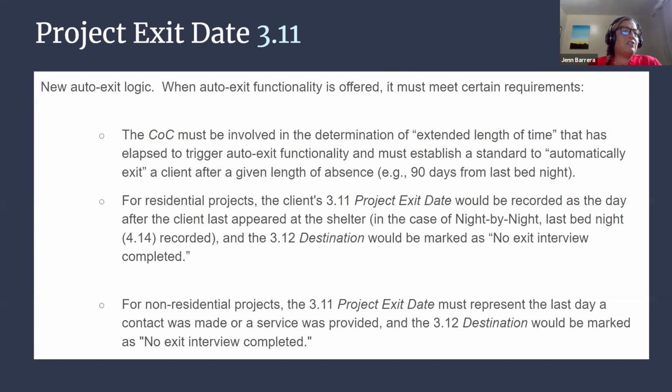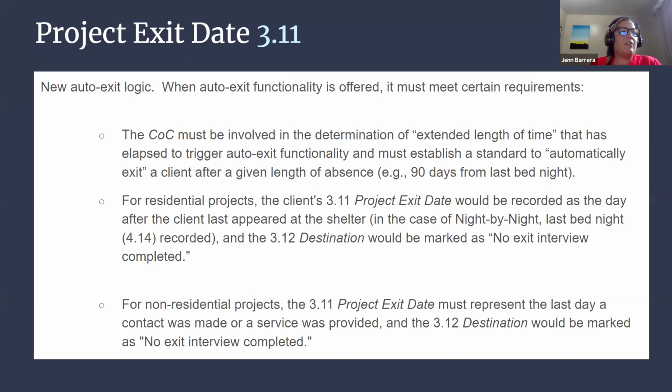And then for residential projects, the client's 3.11 project exit date would be recorded as the day after the client last appeared in the shelter. In the case of our night-by-night shelters, it would be their last bed night, because as you know, for night-by-night shelters, enrollments can be in existence without bed nights for a period of time. And then lastly, the destination would automatically be marked no exit interview.